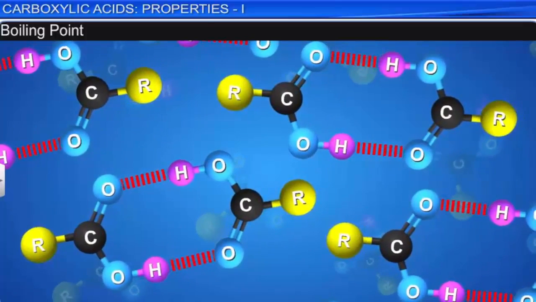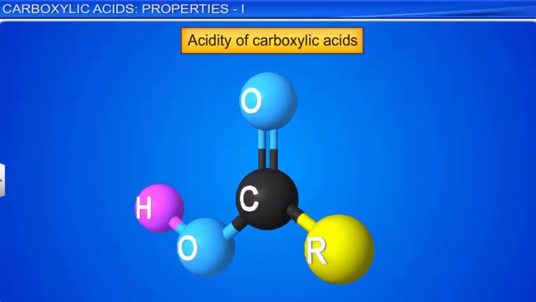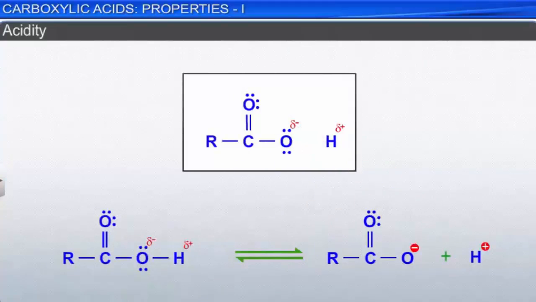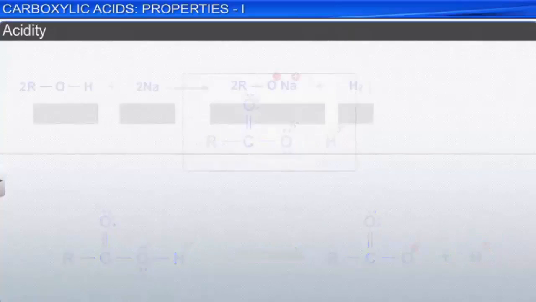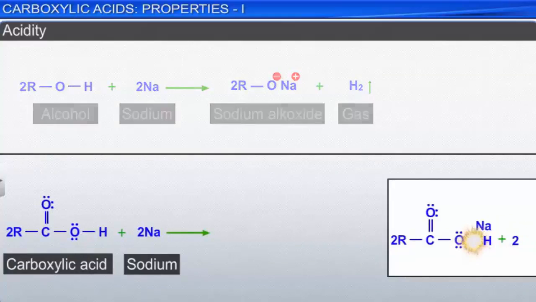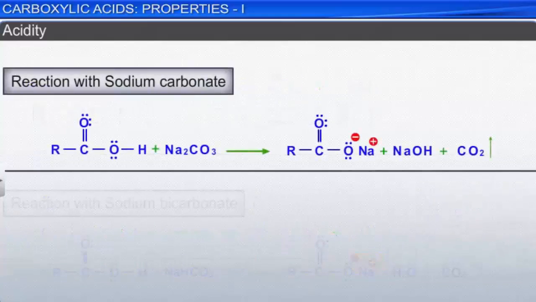Let us now look at the acidity of carboxylic acids. The most characteristic property of carboxylic acids is the one that gives them their name: acidity. Just like alcohols, carboxylic acids react with electropositive metals like sodium and liberate hydrogen gas. Unlike phenols, carboxylic acids react even with weaker bases, such as carbonates and bicarbonates, to form the corresponding salts with the evolution